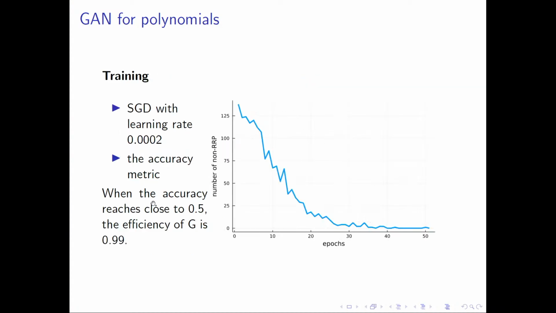And we show that when the accuracy reaches close to 0.5, by examining clusters containing 60,000 randomly generated polynomials, we verify that the efficiency of G is near 0.99. And until now, we did some work for degree 2, and after that, we try to generalize this idea,